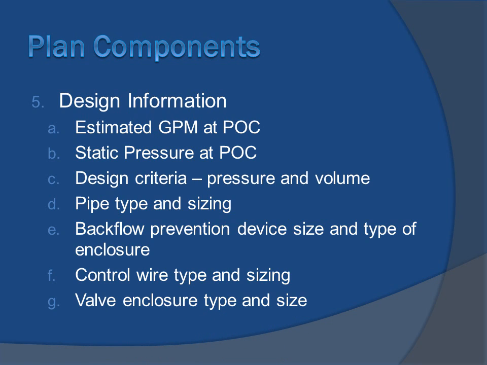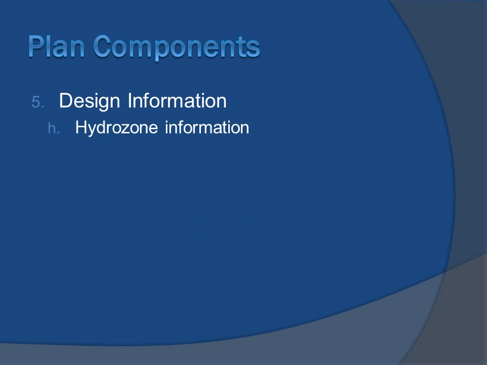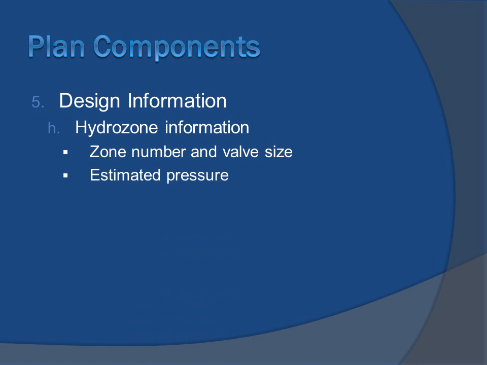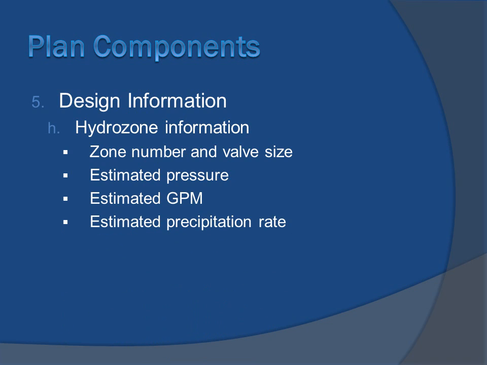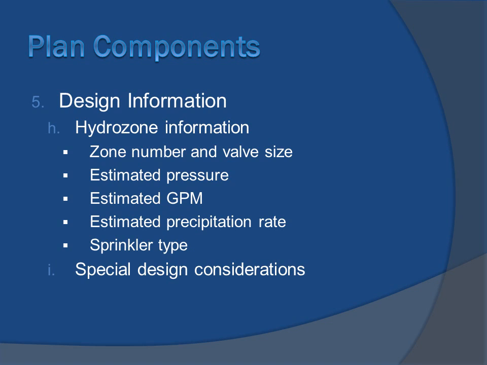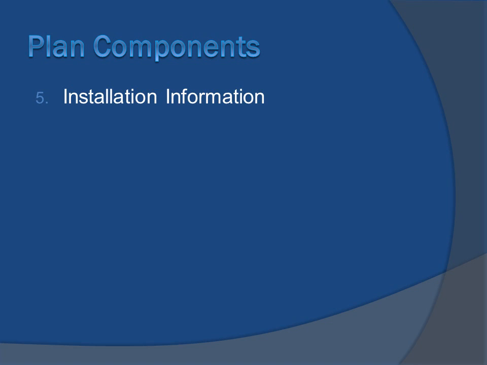The valve enclosure type and the size. So if it's the round boxes or the big square boxes, have that on the plan. All right, hydrozone information: the zone number and valve size, estimated pressure, estimated gallons per minute, estimated precipitation rate, sprinkler type, and then special design considerations. Installation information,